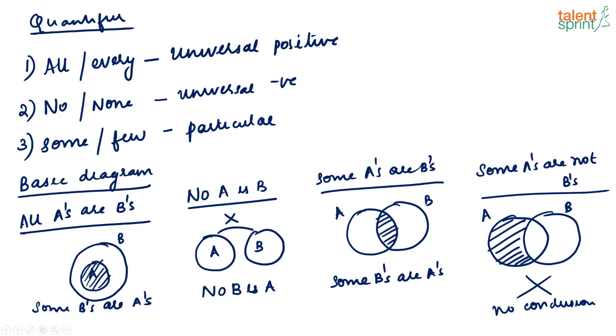That's what they say. Now in the exam, what we generally do is, for any given statements, you draw the basic diagram, look at the conclusion, and check if the conclusion is following the given basic diagram. If it follows, we generally take it to be true for all the other cases also. Any conclusion that does not satisfy the basic diagram is not considered to be true. Now this is general questions in syllogisms.